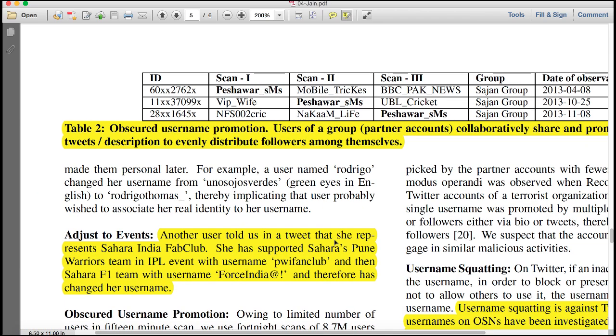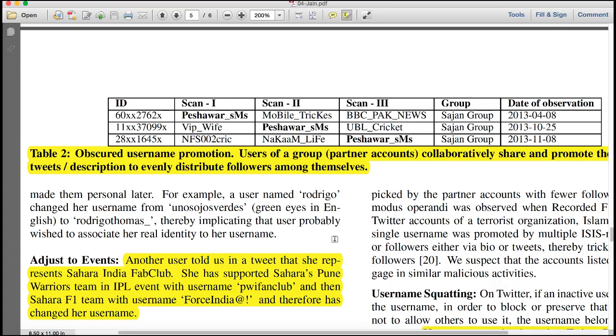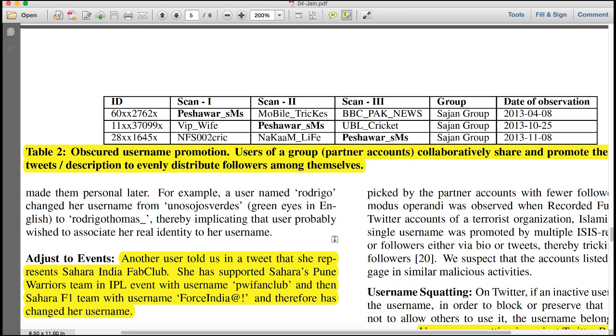Yeah, so just take a look at this table. This is something I mentioned earlier, but I'll explain what happened in the data set now. If you look at the first column, which is the ID, the unique ID that the users have on Twitter, we have put X so that you cannot identify the users for now. Scan 1, Peshawar underscore SMS. Scan 2, Peshawar underscore went to the next user in row 2, and